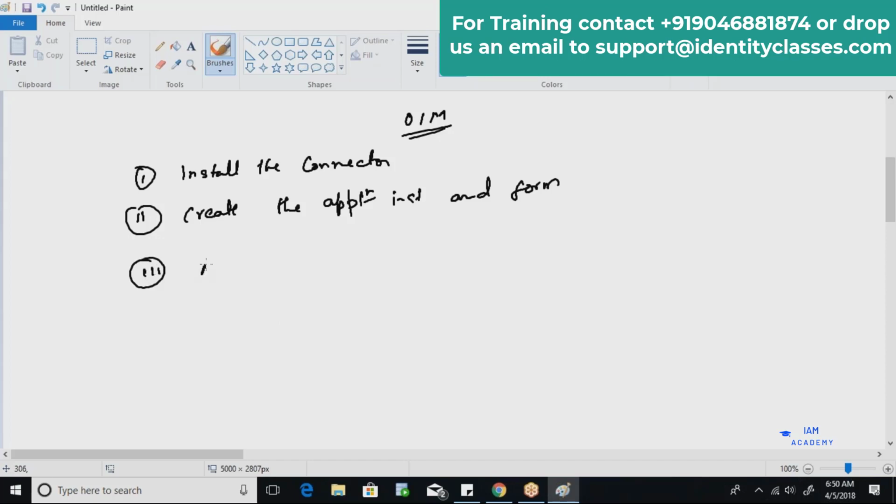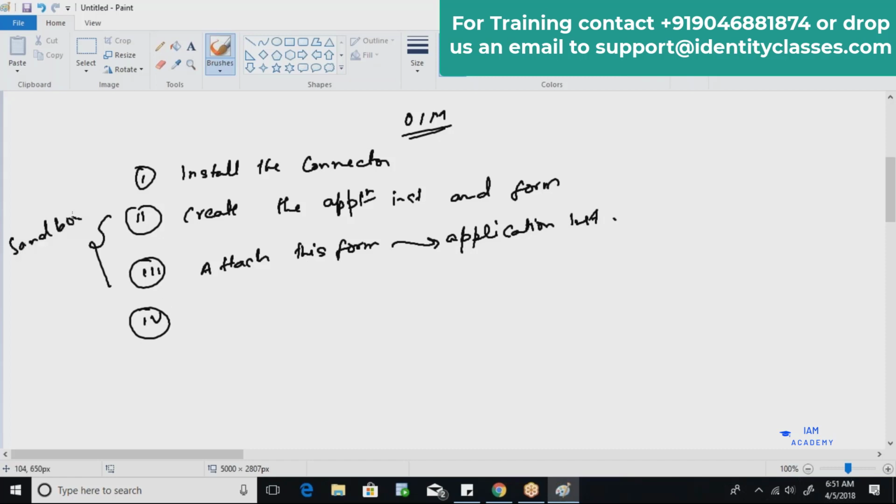Then we need to attach this form with the application instance. These two steps should be done in the sandbox. Once we're done with these changes, we need to publish the sandbox.